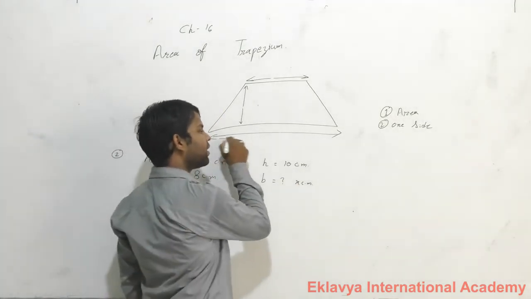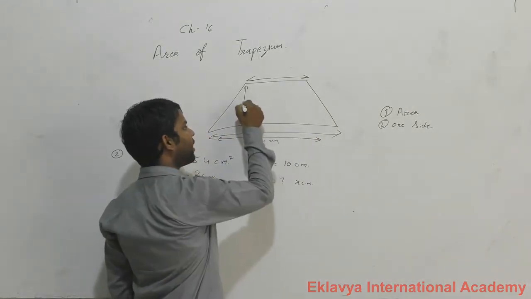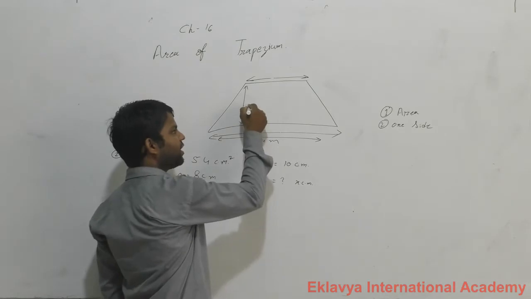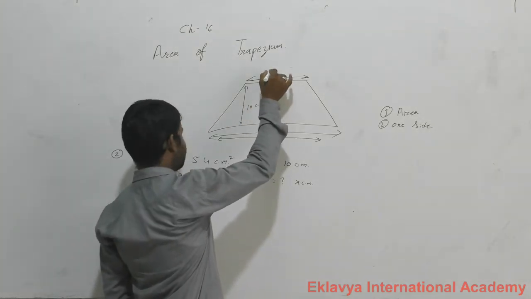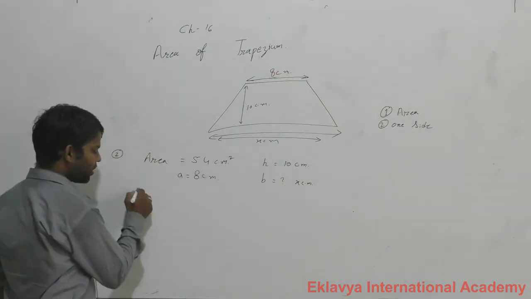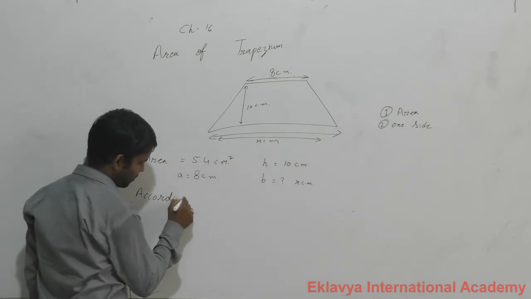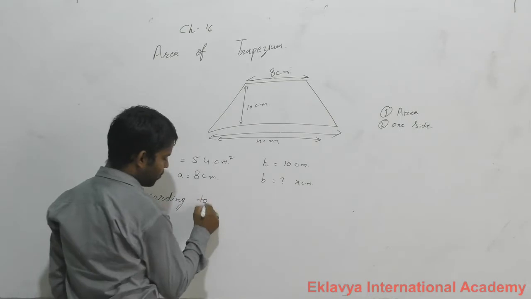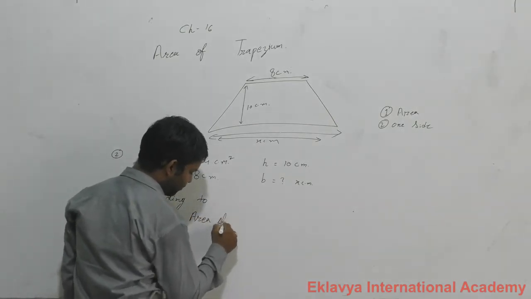Then the height of the trapezium is given 10 centimeter, and one parallel side is given 8 centimeter. Then according to area of trapezium